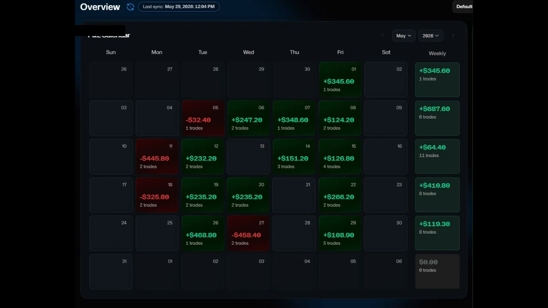So I realized that today is the last trading day of the month. So I just wanted to show you my overview calendar and also what the weeks look like for each week. So for each week I was up. Basically it looks like on average I had one full trading day loss each week. And each week I also had one no trade day. It was Monday, here it was Wednesday, here it was Thursday, and this week it was Thursday again. This Monday is because that was Memorial Day, so there was no trading that day.